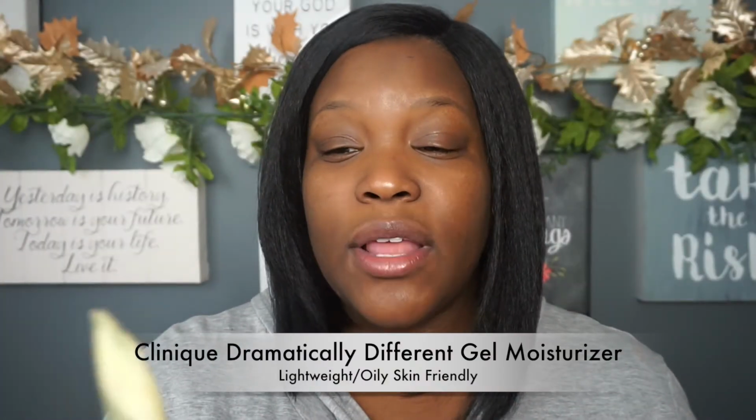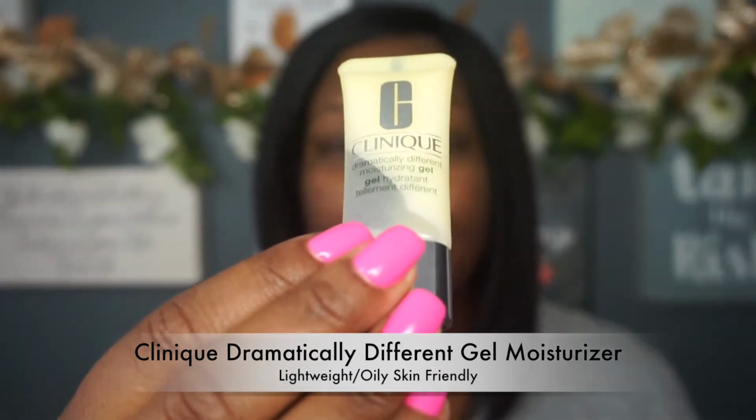So the first thing I would say is, if you have dry skin, look for a good moisturizer. It can be any moisturizer of your choice. I prefer to use Clinique products because they're soft and gentle on the skin, and you can find even drugstore products like Pond's that give a very good moisture to the skin. For oily skin, I do love to use Clinique. Now I wouldn't say Clinique is high end, but it is a little bit more pricey. So if you don't feel like spending the money for Clinique, you can always use the Target brand or Clean and Clear or something like that if you have oily skin. And I really do like to moisturize my face very well. I feel like you need it. And when you put the moisturizer on, you just kind of want to rub it into the skin. Almost like you're giving yourself a...